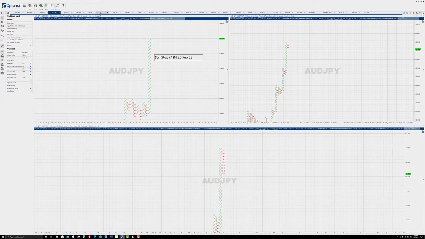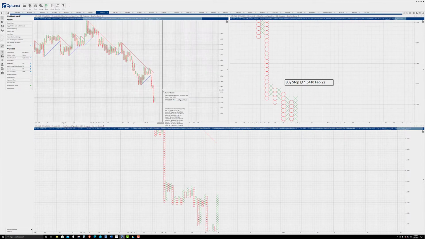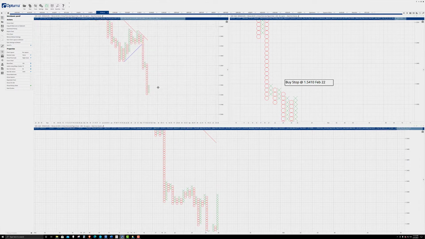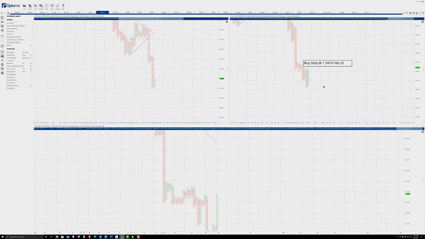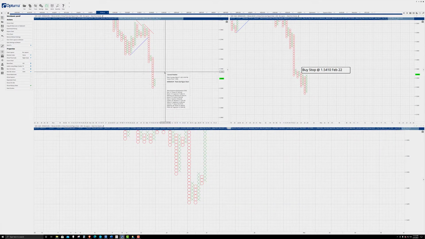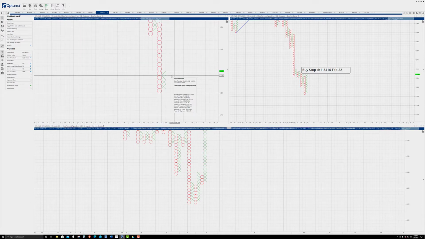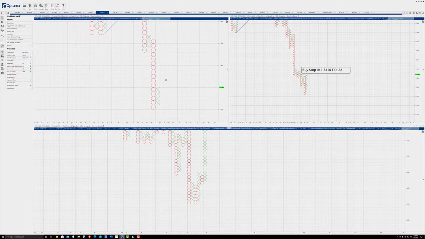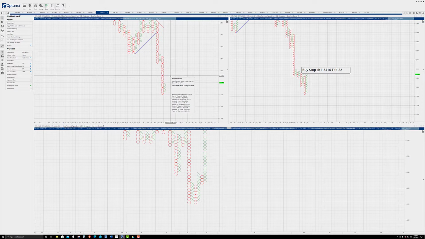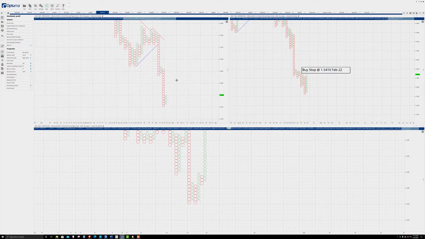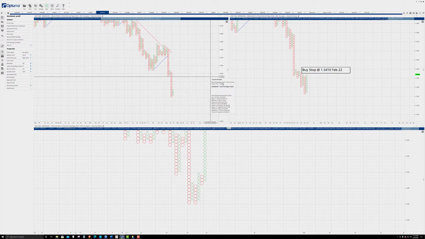Then we've got the Euro Aussie. We haven't looked at the Euro Aussie for the last couple of days, but the 3-box reversal did trigger. And if you grabbed it, you're currently in some pretty nice positioning for higher prices. And again, this is kind of a blow off bottom here.